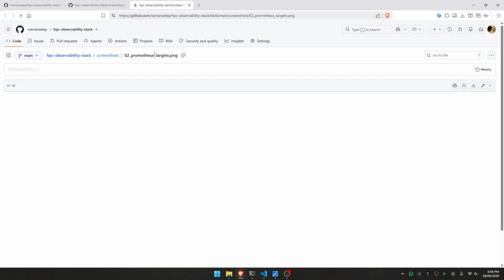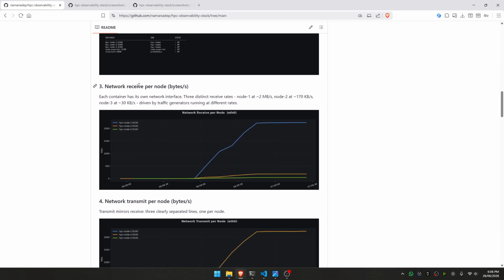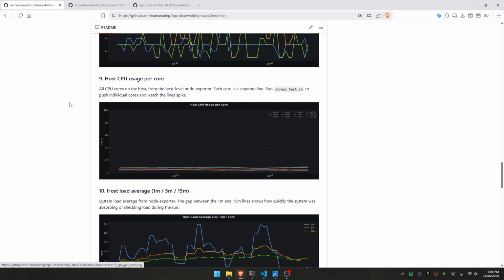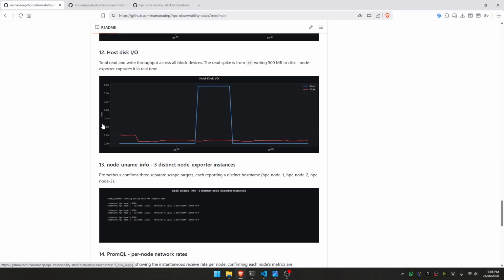Now first Prometheus has scraped all the targets. Here as you can see, it has recognized that all the states of the nodes are up, and now the logs can be scraped from these instances. Now that we have all the information, Grafana can go and query all the information and give us visualizations on top of that. As you can see, we are able to take a look at the network traffic, packets transmitted per node, packets received per node, number of open files, host CPU utilization. The CPU utilization is flatlined because we aren't performing any activities in those nodes. Then the memory utilization, disk utilization,